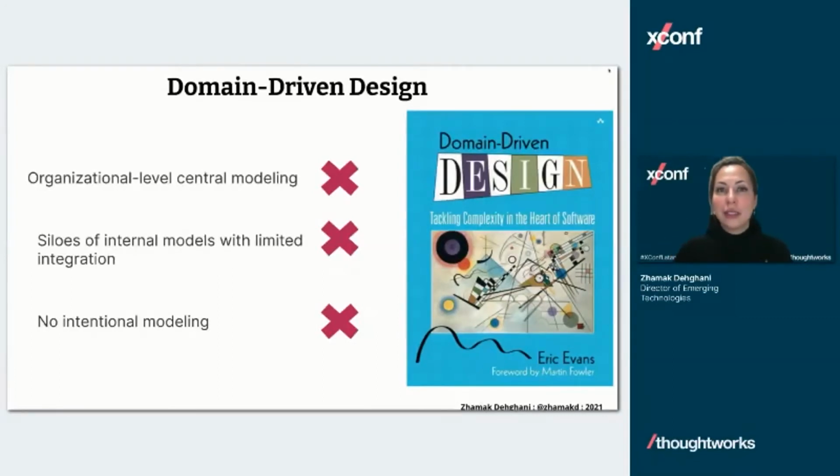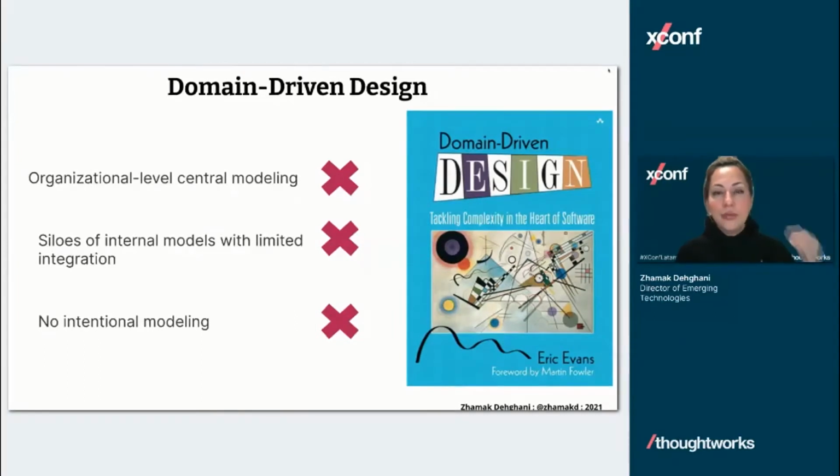So he came with a new model that said, okay, if you want to model your software, you can't have a centralized modeling. You can't have this kind of monolithic approach to modeling of your software. You also can't have this siloed approach, where everyone does their own thing and nobody talks to each other, and you can't have no modeling. And if you map this to where we are today, we're going through the same curve of complexity,